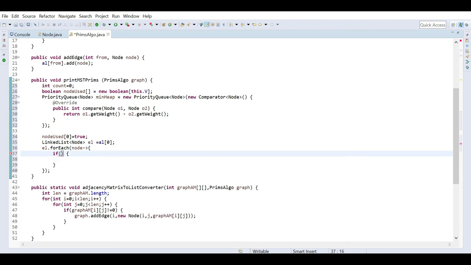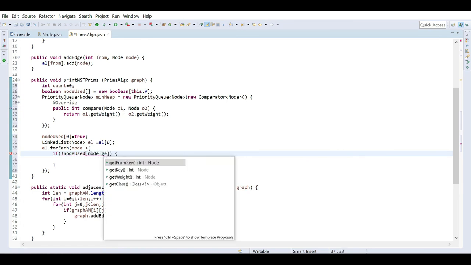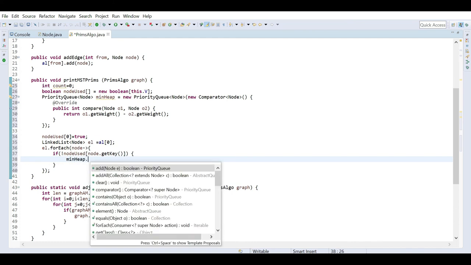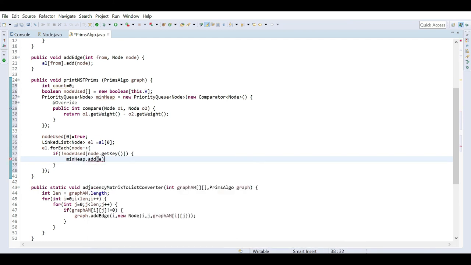So how will you know whether it is used or not? That node's get key, that is the actual denominator for that. If that is not used, then inside the min heap I will add that one. So I will add this node.